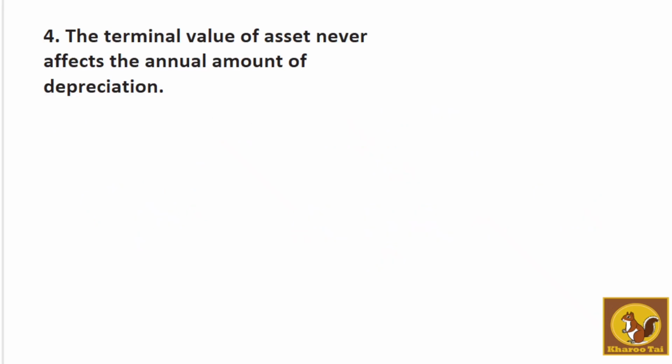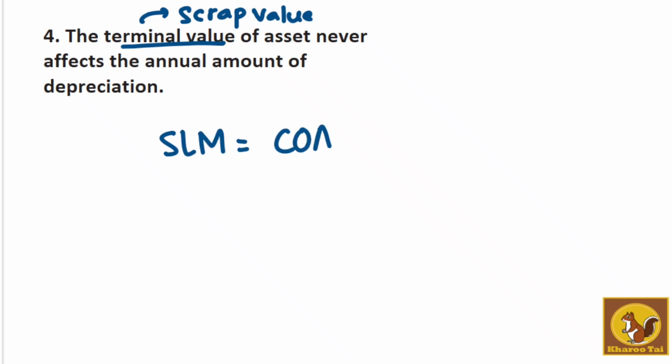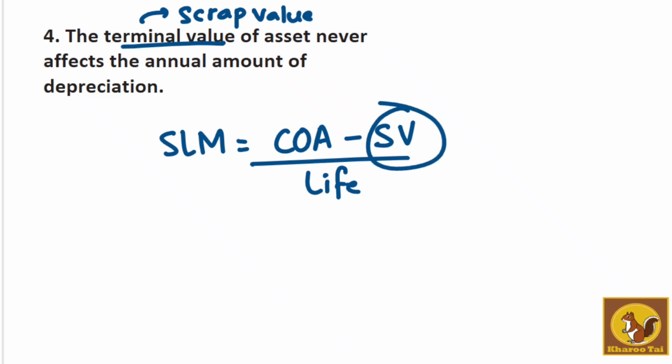Then next question, the terminal value of asset never affects the annual amount of depreciation. Again, you know terminal value is also known as scrap value. How we calculate depreciation in SLM method? Cost of acquisition minus scrap value divided by life of asset, correct? So scrap value is an important component and it reduces the depreciation value. Say for example, cost of asset is 1,10,000 and scrap value is 10,000 and life is 10 years. Then if we consider 10,000 scrap value, then the calculation will be 1 lakh divided by 10, that is 10,000,